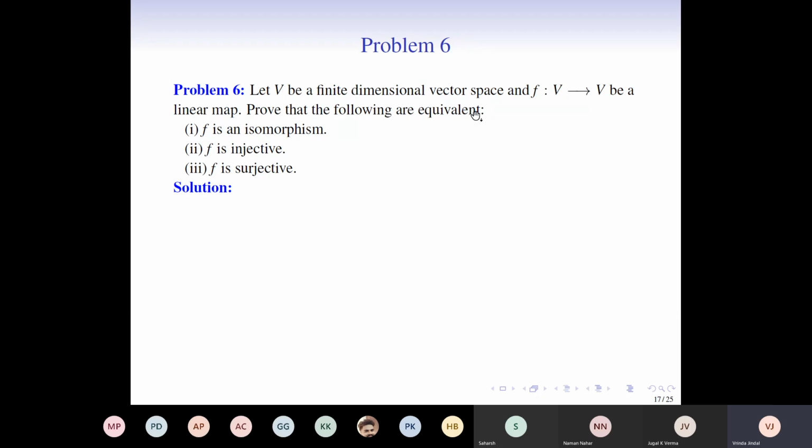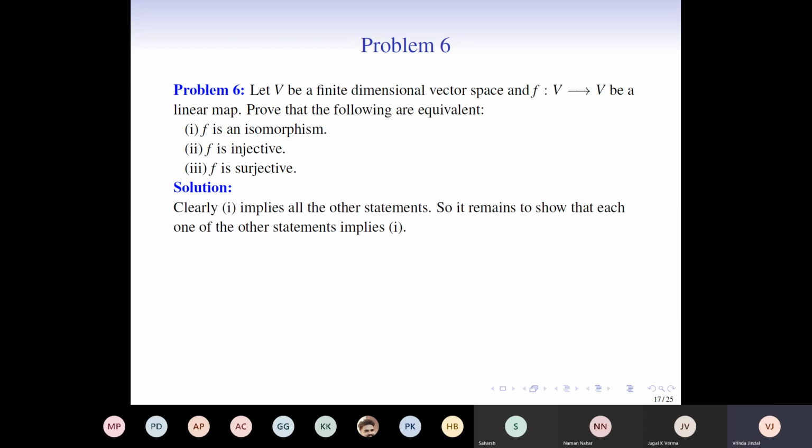If f from V to V is an isomorphism, it is also an injective function and it is also a surjective function. These three statements are equivalent, and we need to prove that. So if f is an isomorphism, by definition, it is also injective and surjective. That is, it is both 1-1 and an onto function since it's a bijection. So 1 implies 2 and 1 implies 3 follow from the definition of 1, 2 and 3. So we just need to prove the other way around.